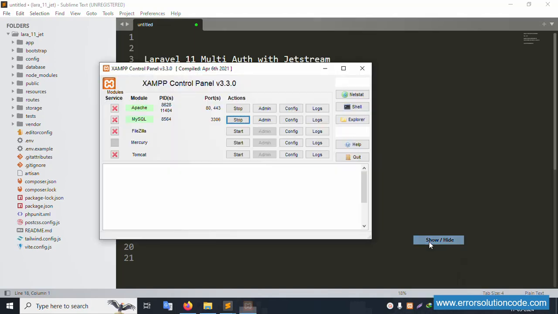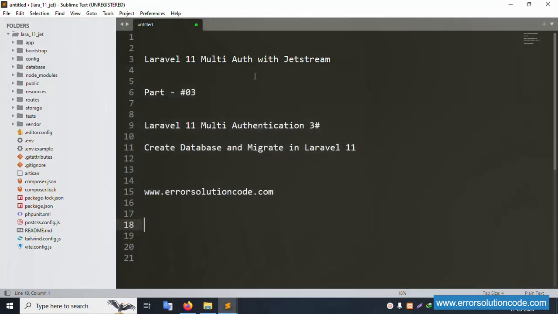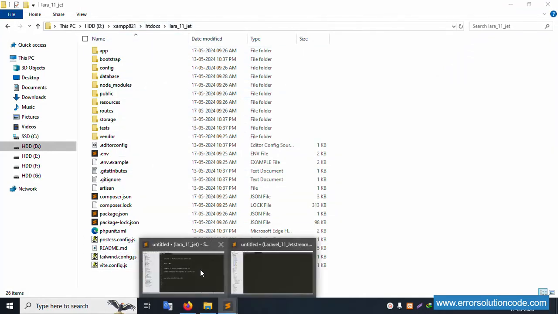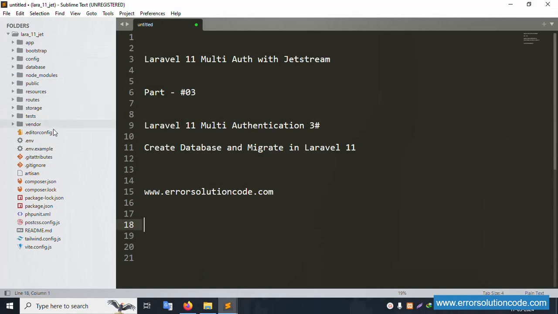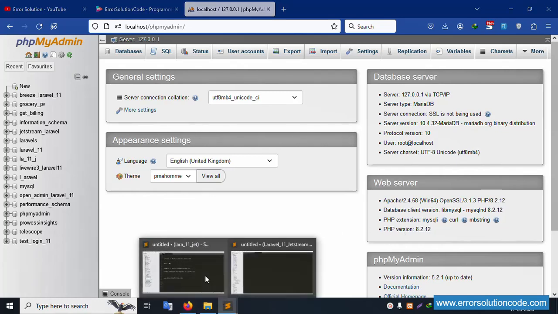First of all, my server has already started Apache and MySQL, and this is my project, Laravel 11 Zest. It is already open in the htdocs directory, and inside this project it is available in my Sublime Text editor. Let's check localhost phpMyAdmin, PHP version 8.2, and the .env